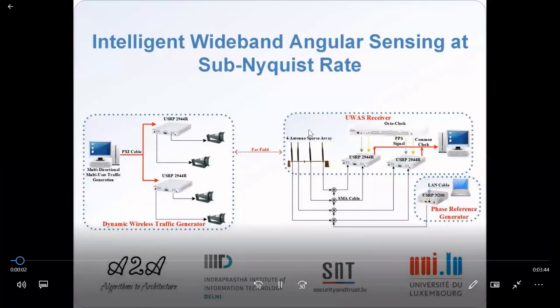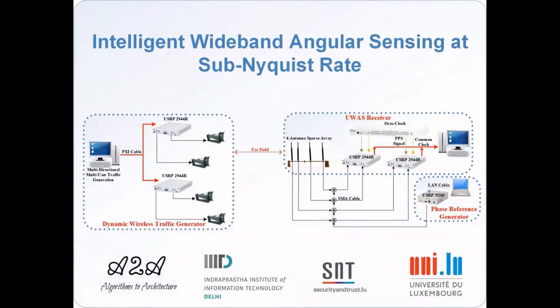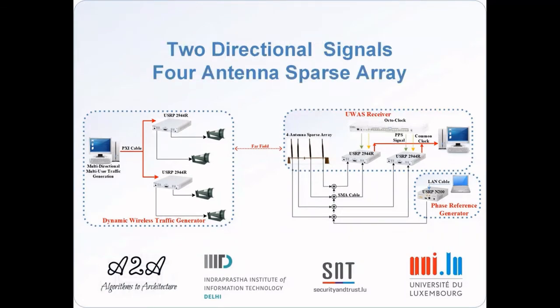In this demonstration, we are going to perform wideband angular sensing over a multi-band signal. Here we transmit directional uncorrelated SC-FDMA signals in some of the frequency bands, and at the receiver, we first determine the occupancy status of these frequency bands, followed by the determination of the direction of arrivals of occupied frequency bands. Since the multiband signal is considered as a sparse signal, we utilize sub-Nyquist samples to perform wideband angular sensing. First, we consider a scenario where we have two directional target signals in the transmitted multiband signal and a 4 antenna sparse array at receiver to perform wideband angular sensing.